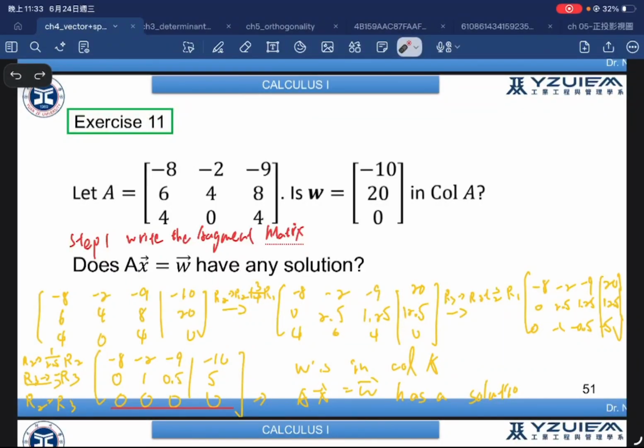equation. So we just need to check whether the linear system Ax = w is consistent. Step 1: write the augmented matrix. Step 2: